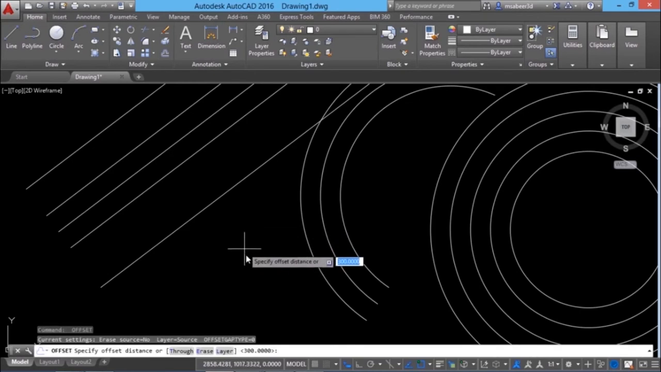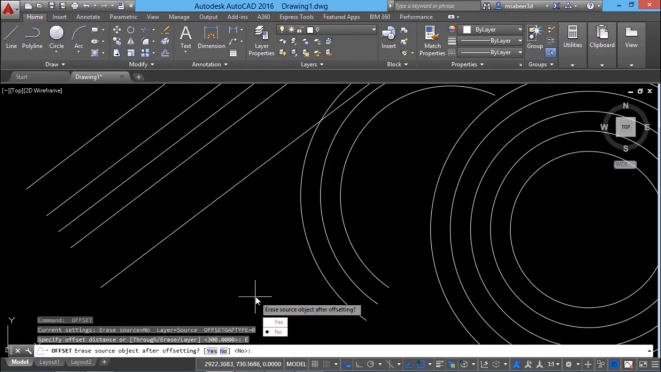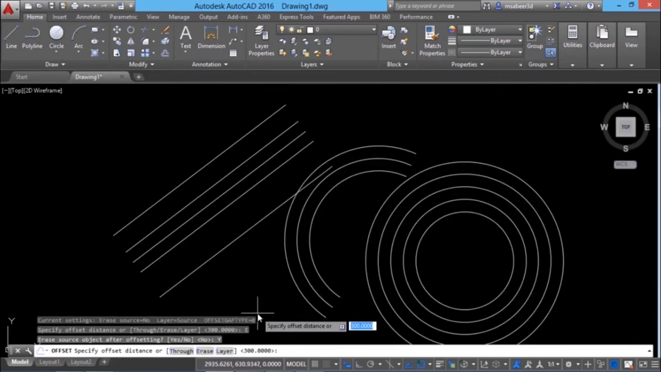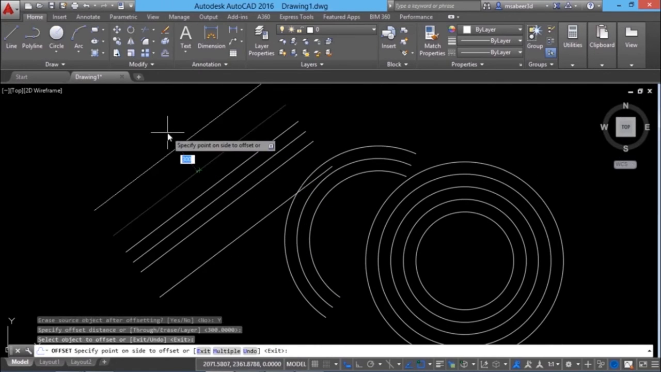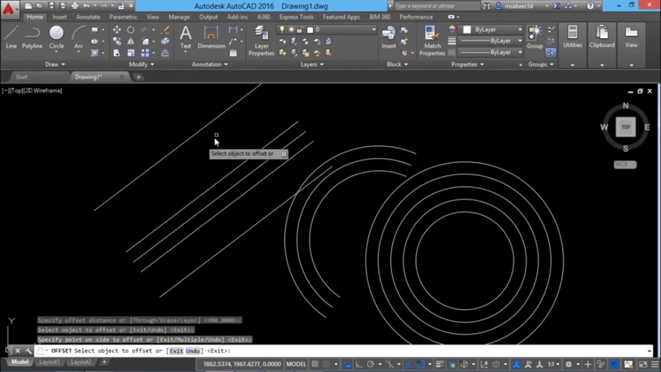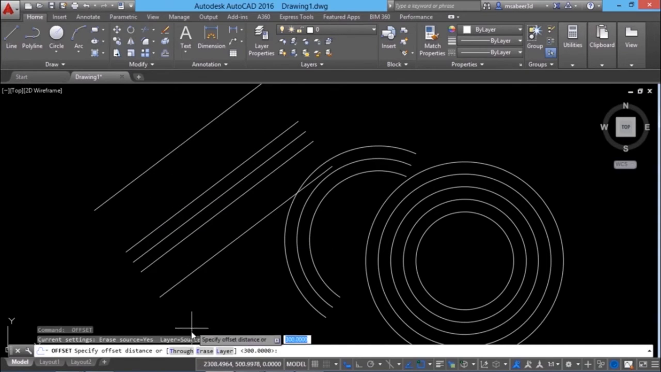Now let's see options in this command. In offset we have options like erase, layer, through, etc. We will see more about layers later on an exclusive tutorial. Erase option will let you erase the original object. When you click on erase, it will ask you whether you want to erase the source object. I'll give yes. I'll retain the present offset distance by giving an enter. Select object to offset, and when you pick a point on the desired side, the original object will get erased. Through option will let